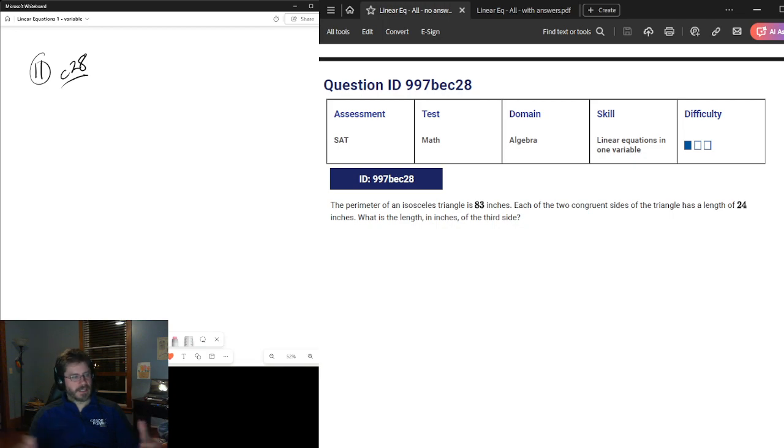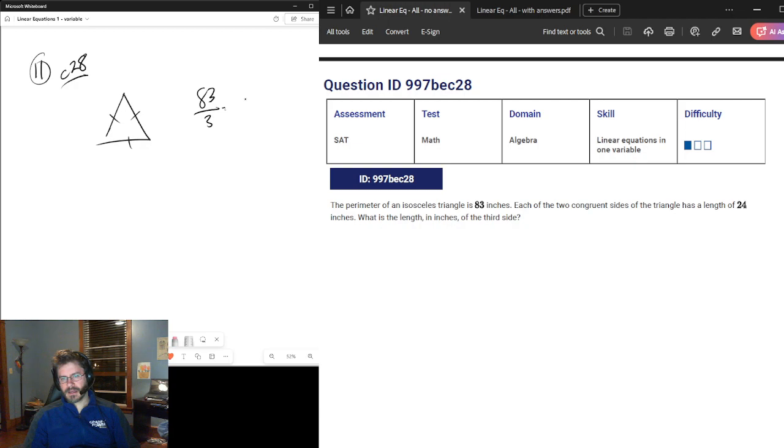If you want the definitions that we're working with, I encourage you to go back to the beginning of this sequence and review that video. The perimeter of an isosceles triangle is 83 inches. So isosceles triangle means that all 3 sides are congruent. 83 divided by 3 is what? That's going to give us 20,